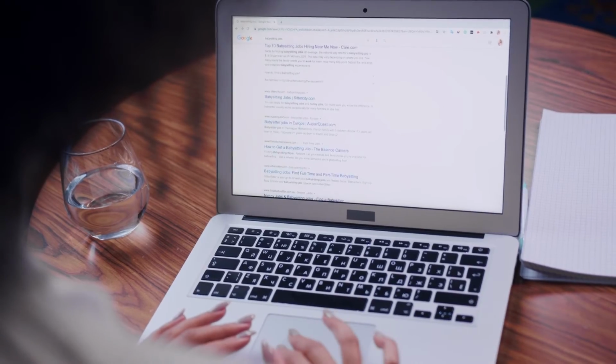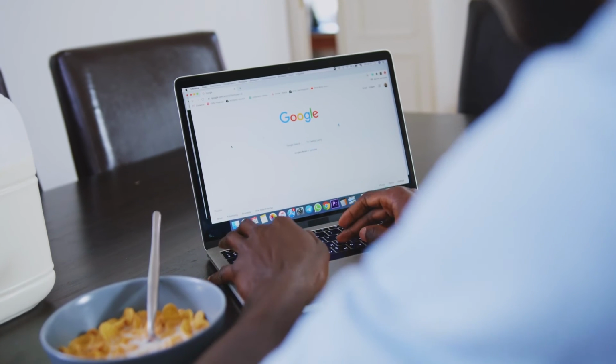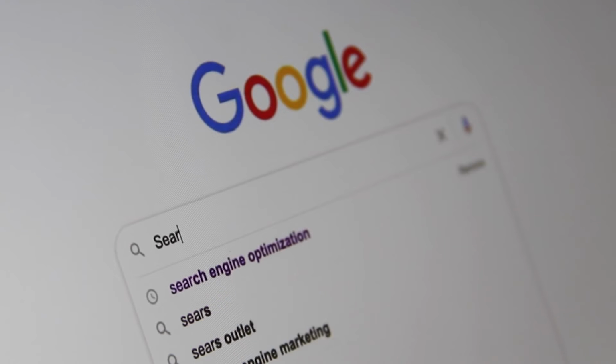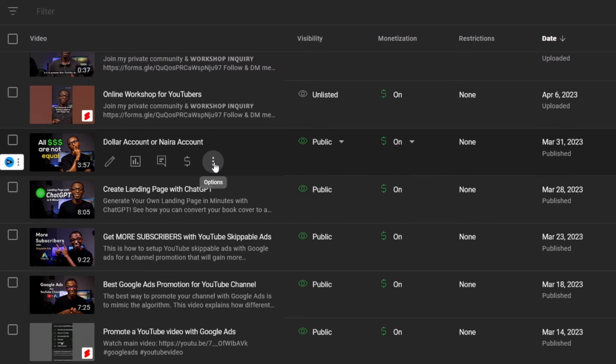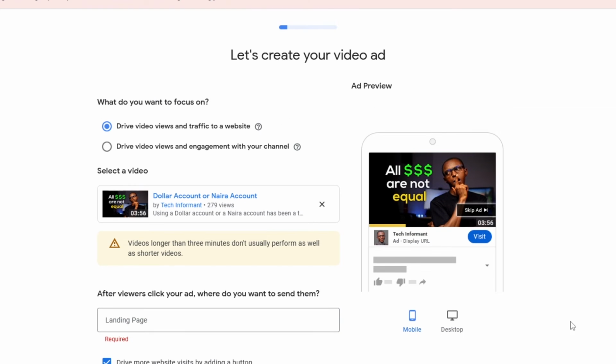While for Google ads, the benefit is that everyone goes to Google to search for answers, and you can pitch your business right in front of people searching for topics related to your product or service. Both platforms serve the same purposes, but in different formats and placements. Like, you can launch your YouTube ads and Google ads from the same platform. For example, when you want to promote a YouTube video from your channel, it will take you to the Google Ads website. This shows that they are the same, but for different purposes.